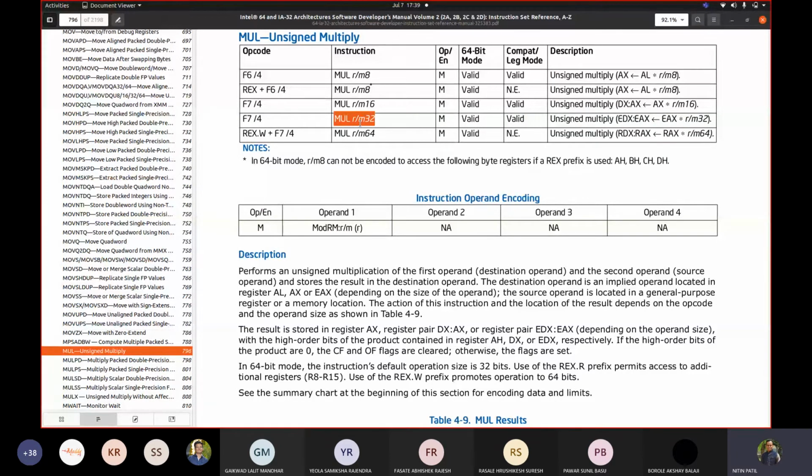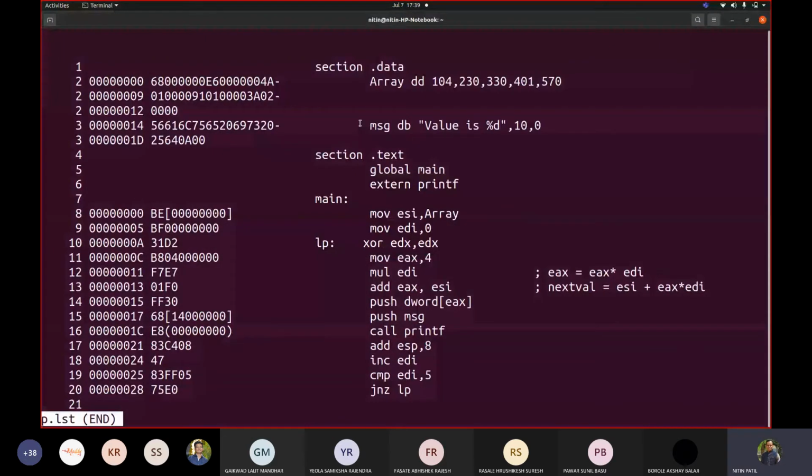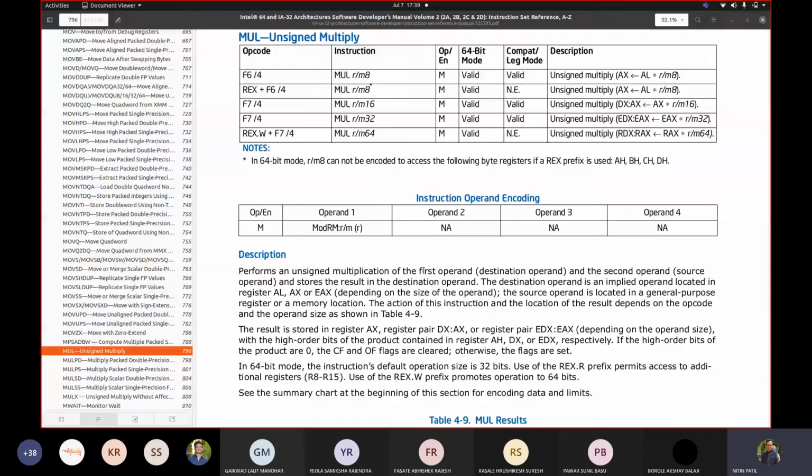Register or memory, you write anything, F7. See here, can you see F7? Correct. And then you got E7. Now, how did this E7 come into the picture? What exactly does that E7 mean?